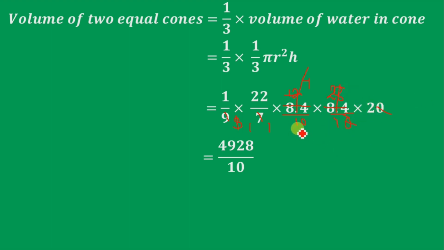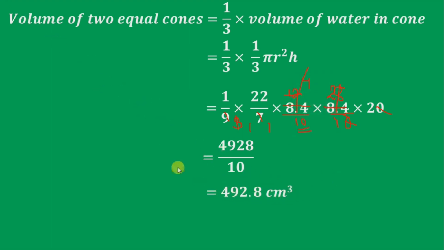So now I will not cancel this 10 because the division by 10 is very easy. So when I multiply 22, 4, 28 and 2, I'll get 4928 divided by 10, which can be written as